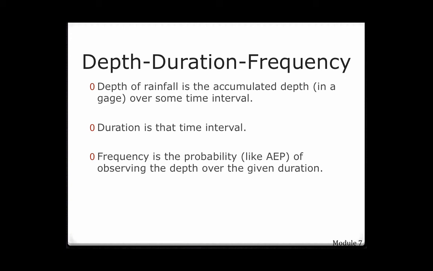Okay, depth, duration, frequency. The depth of the rainfall is how much rainfall, or think precipitation. I'm using rainfall and precipitation interchangeably in this talk, mostly because rain is what we usually have to deal with a lot in Texas. Yeah, it snows here, but not a lot of months a year. The depth of rainfall is the accumulated depth over some time interval. So that's how much rain is